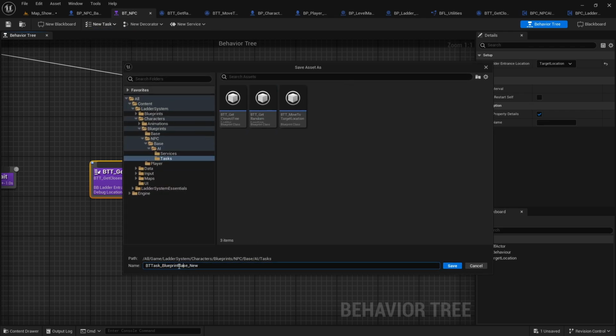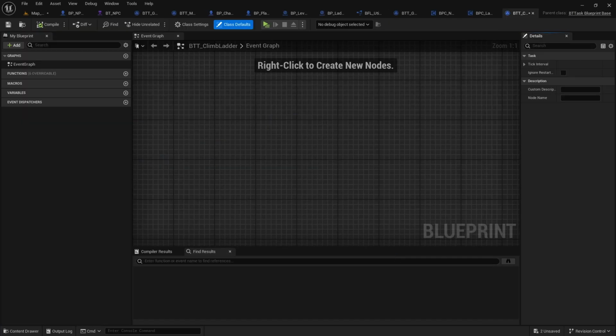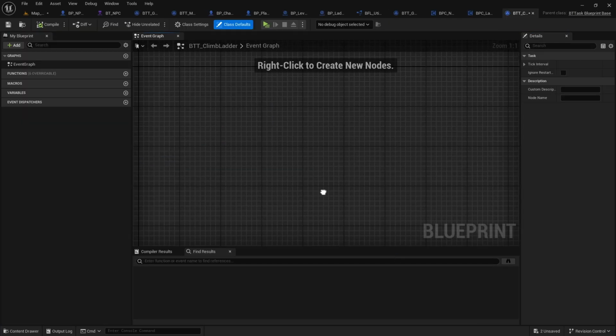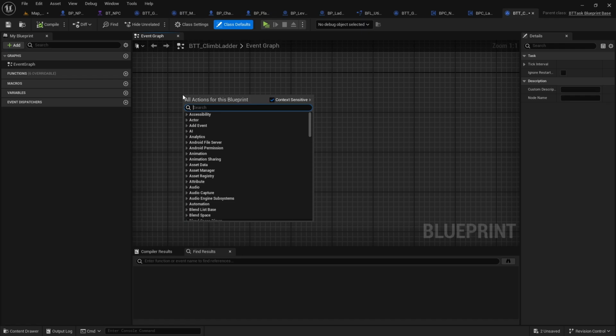called BTT climb ladder. Simple as that. It can be either climb up or climb down. Anyway, it will be the task. Right. So at this task, what I'm gonna do is at